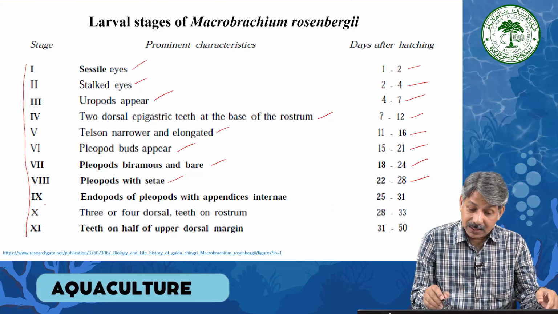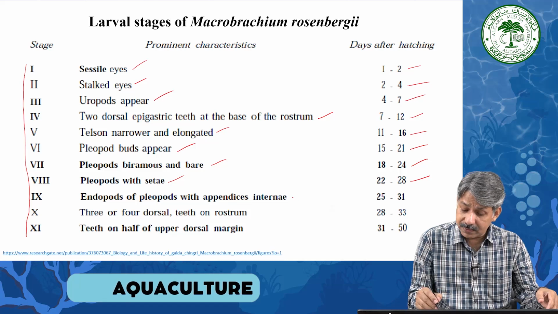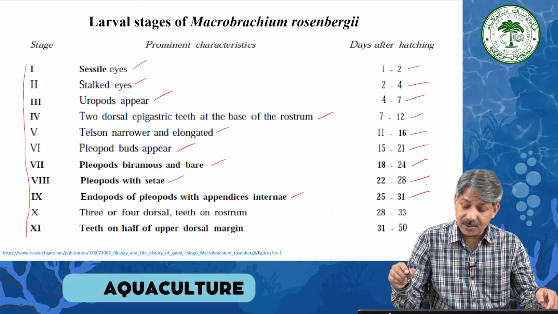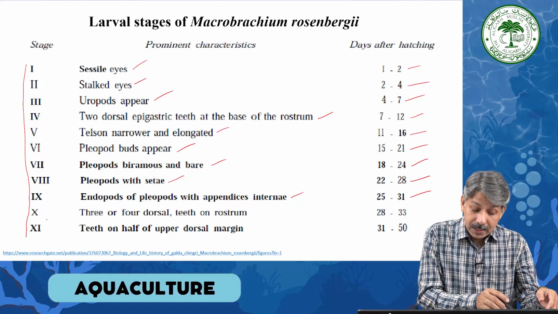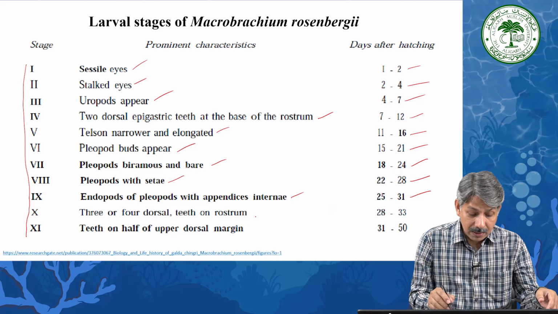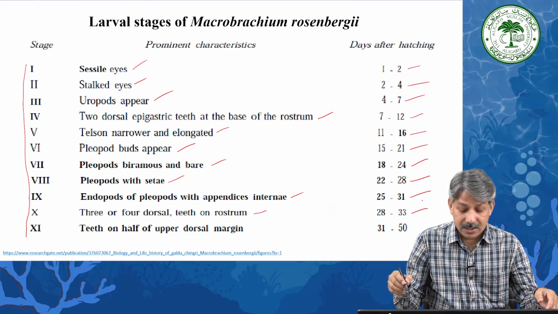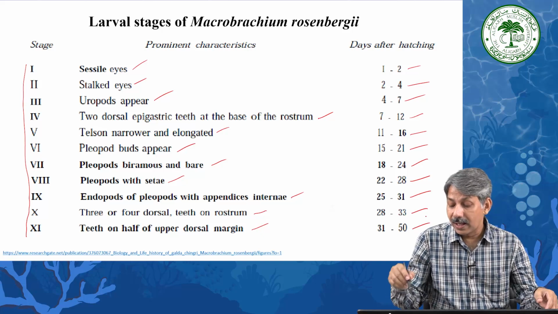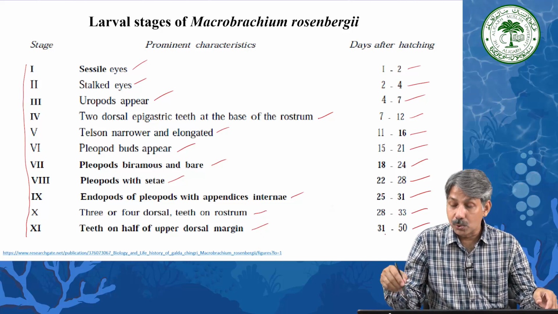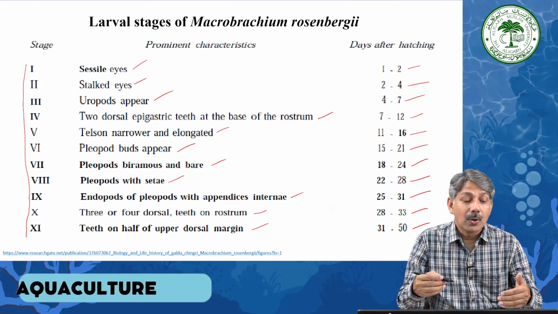Stage 9 is characterized by endopods of pleopods with appendices internae, and this stage comes at 25 to 31 days after hatching. In stage 10, the larvae show 3 or 4 dorsal teeth on the rostrum. This stage comes at 28 to 33 days after hatching. Then we have stage 11, with teeth on half of the upper dorsal margin, and this may come between 31 to 50 days after hatching. So these are the characteristics on the basis of which we can